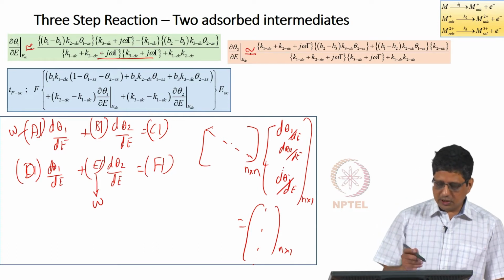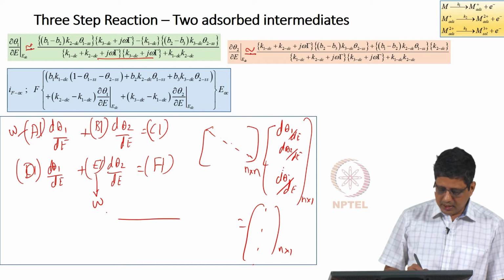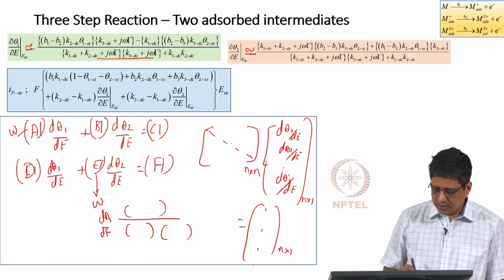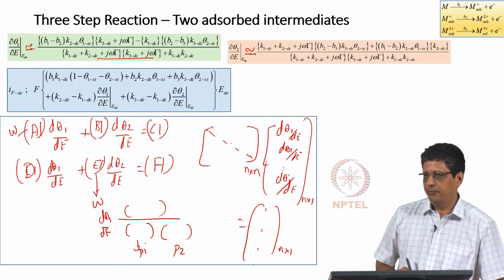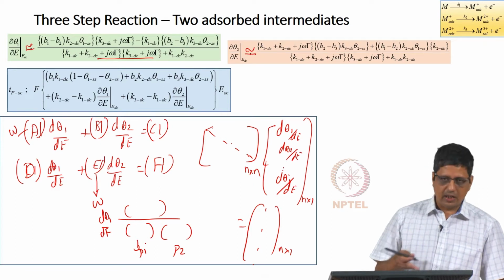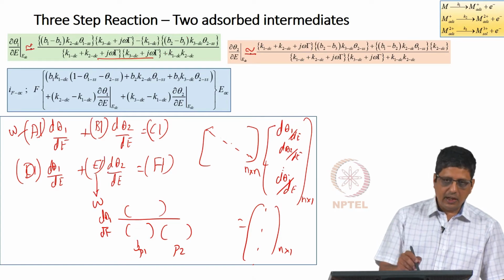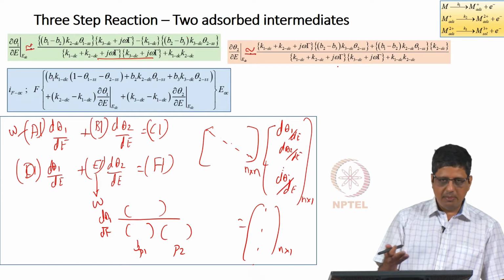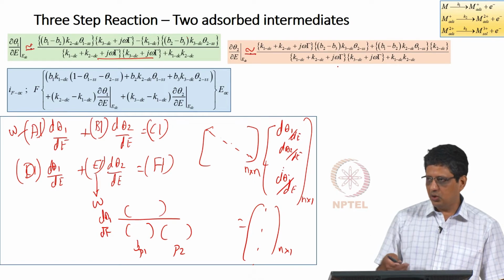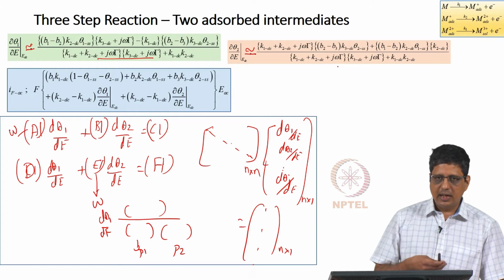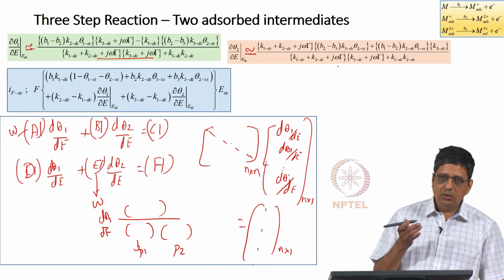If I write it in zeros and poles, I should be able to write d theta 1 by dE as something here. I will have P1, P2 for the poles. Sometimes this is referred to as second order dynamics. That means this equation can have two poles, this equation can have two poles, they may be identical, they may be different, that is all okay, depends on the kinetic parameter values at a given DC potential, but it is possible for you to get a second order term here. It will give you 2 time constants.